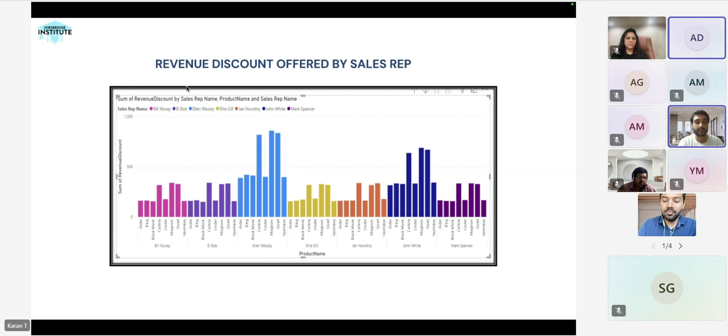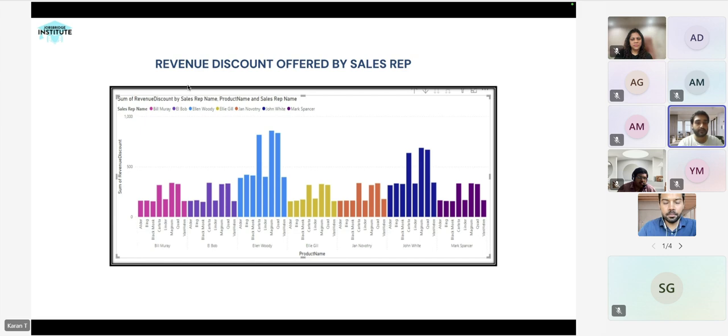Yeah, so as you can see from this chart, we derived several key insights. We observed that some sales representatives consistently achieve high sales volumes without relying heavily on discounts, indicating effective selling strategies and customer relationships. Conversely, a few representatives offer significant discounts, which is boosting sales volume, and that is negatively impacting the overall revenue. So these findings suggest that we need to refine our discount policies and provide targeted training to representatives to optimize